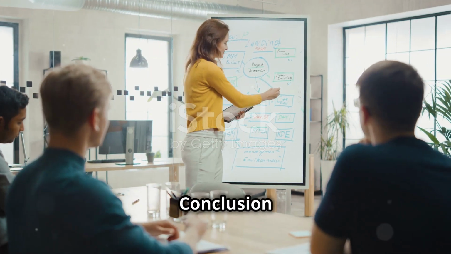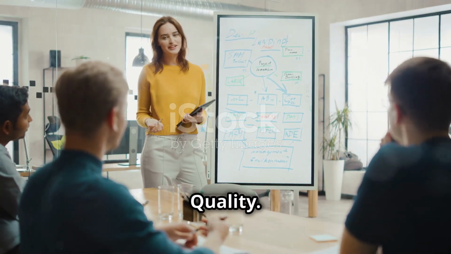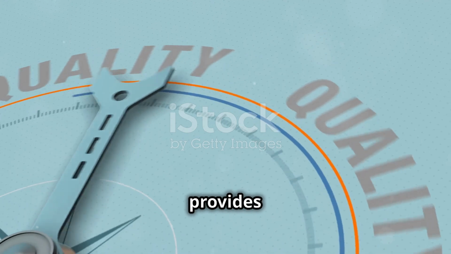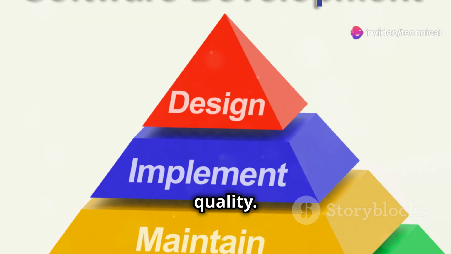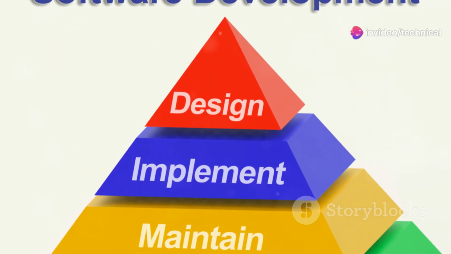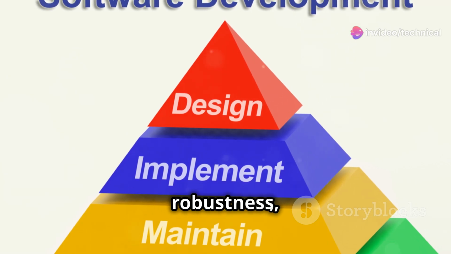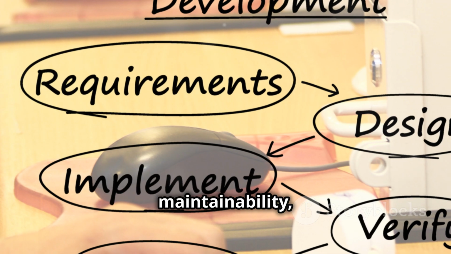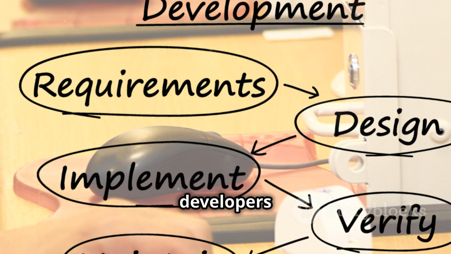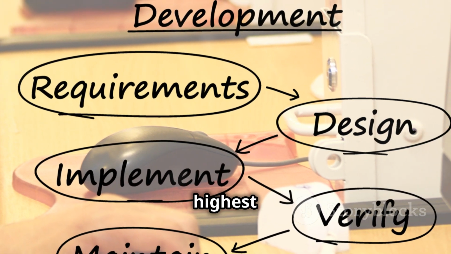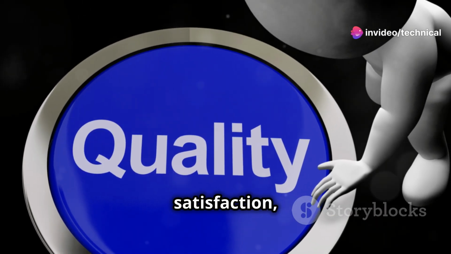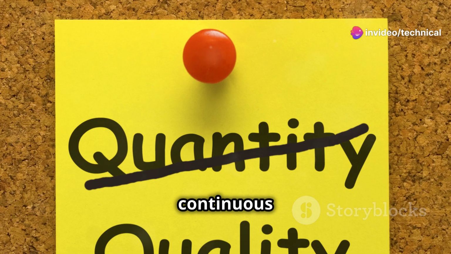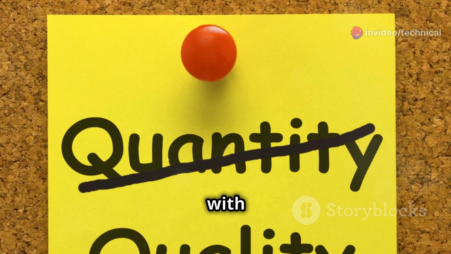Section 10. Conclusion: a holistic approach to software quality. Dromey's quality model provides a comprehensive framework for understanding and achieving software quality. By considering all 6 dimensions: correctness, reliability, robustness, usability, maintainability, and efficiency, developers can create software that meets the highest standards of excellence. The model's emphasis on user satisfaction, long-term sustainability, and continuous improvement aligns perfectly with the goals of